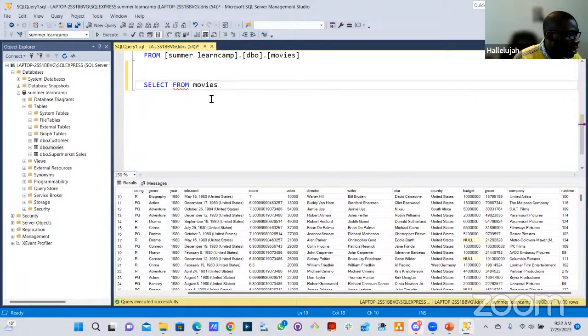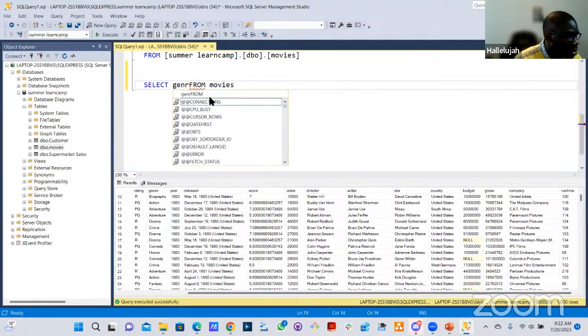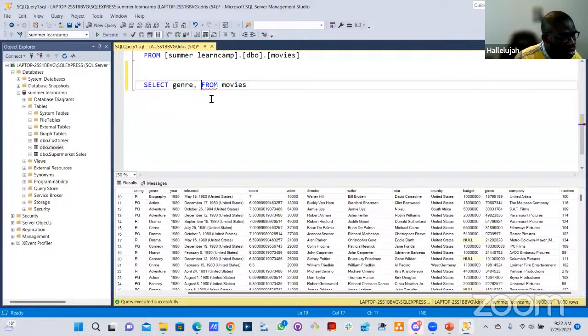Okay, so I want to select the genre, and then let's assume I want to see the sum of budget, even though it doesn't make sense. Okay, so with this query work, let me test if you still have your, with this query work,